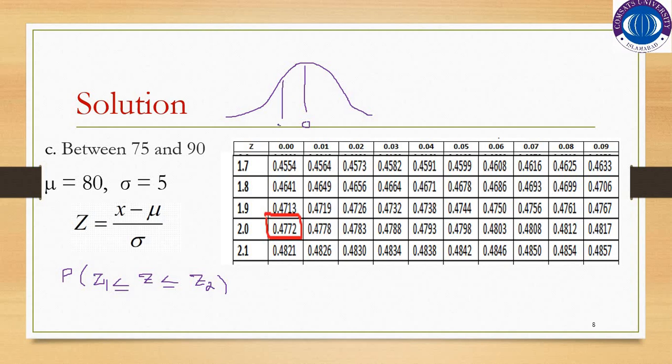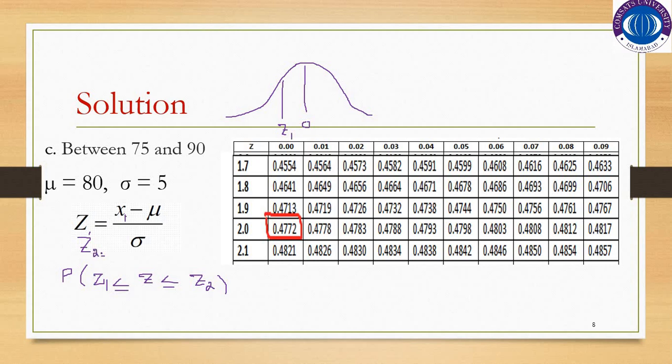This one will be here, something Z1, you can get it by substituting Z1 and X1. As X1 you can take 70 and you can find out